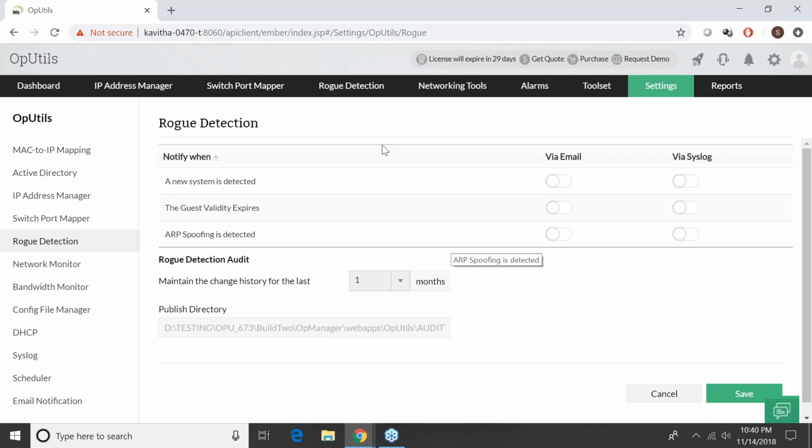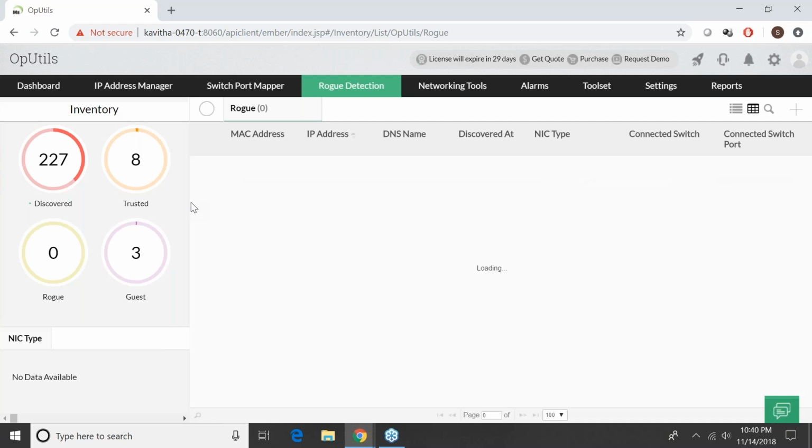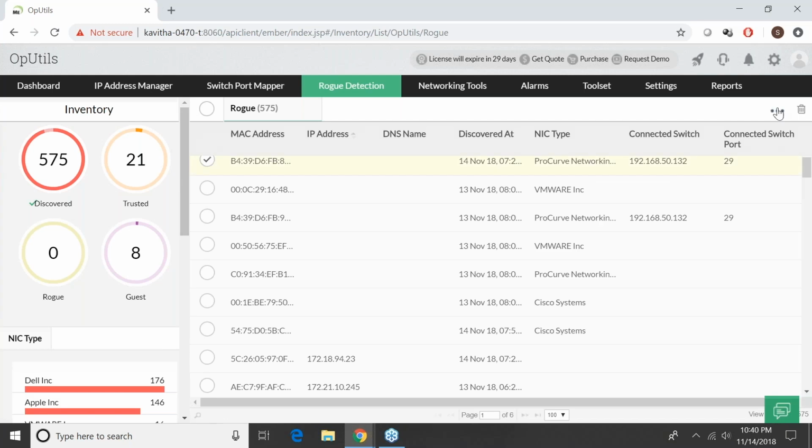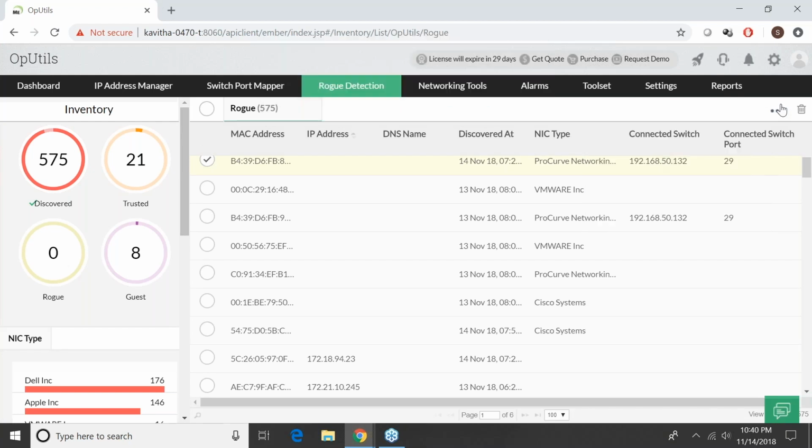In case it is not a trusted device, you can immediately mark that device as rogue by selecting the device, and then you can mark it as rogue, so the device will not get added again. And in case, say for example, there are some devices which can create an attack or some anomalies, or which can generate PDUs saying that I'm the bridge switch in your network, and